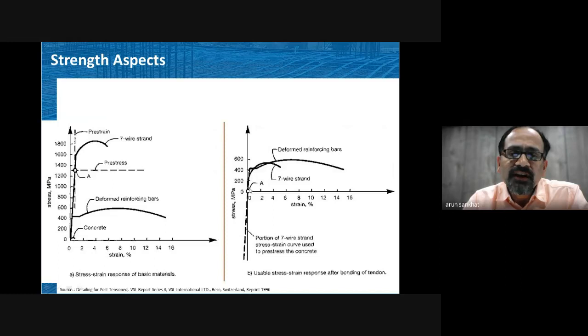So here you can see that after stressing, from here to here is the part. This is stressing. This portion is already stressed out, so this elongation is already gone. Also, this strength is also gone in the material, right? So only the remaining is this part and this part. So this is related to when we have a proper bonding between all three materials, as well as it follows strain compatibility equations or formulations.